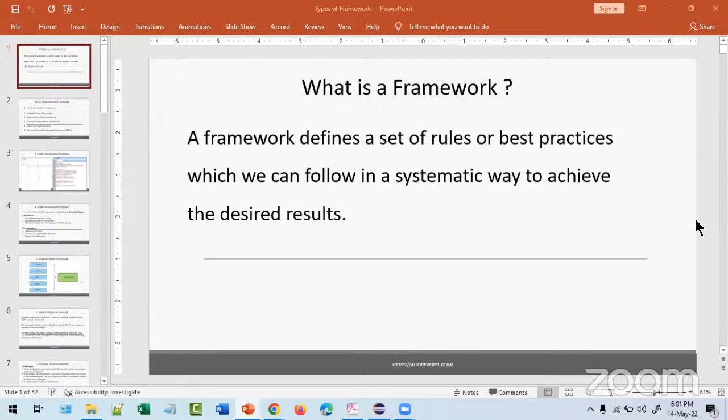So first, what is a framework? If you attend any automation interview, to my knowledge, when they ask you to tell about yourself, you have to tell about yourself in 5 to 6 minutes. And the first question mostly they will ask is what framework you have worked on in your project, or what framework you have executed.